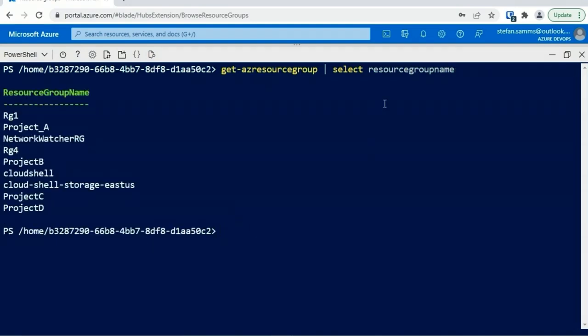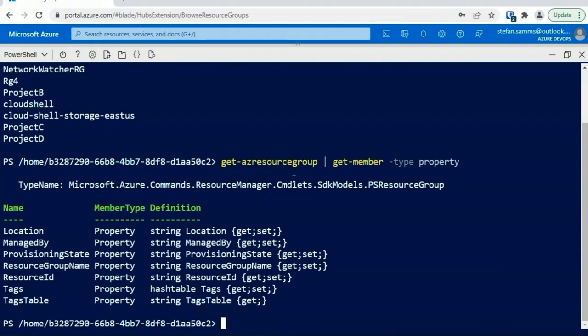and we're interested primarily in this case in ProjectD. Now you might wonder, how do you know that the property is called ResourceGroupName and not Name? Well, you can experiment, or you just get experience using these, or you can definitively find out with Get-AzResourceGroup, and you can pipe that to Get-Member -MemberType Property. And this will show you only the properties that result from running Get-AzResourceGroup,